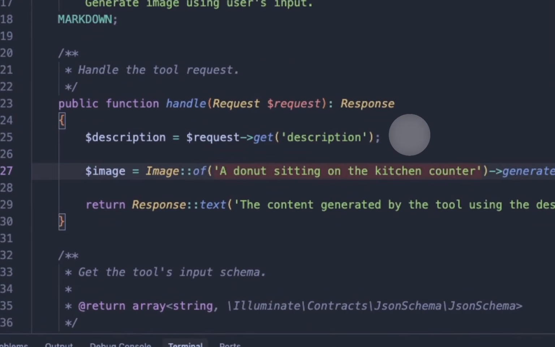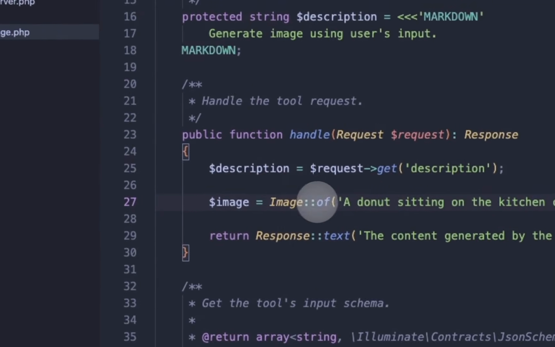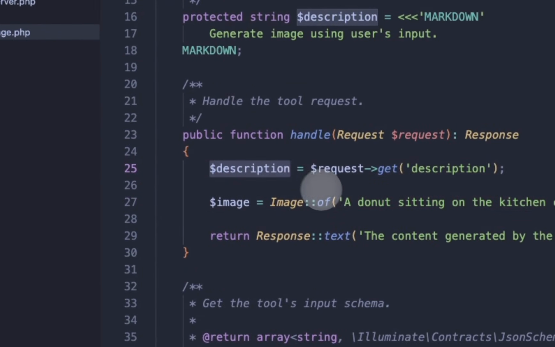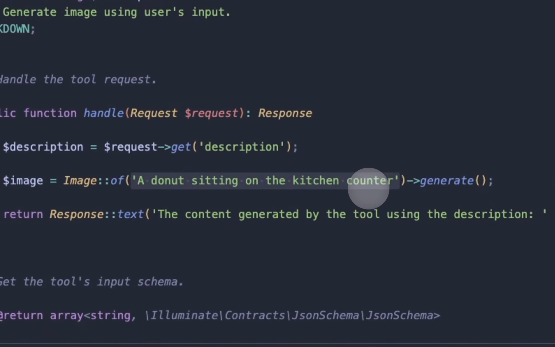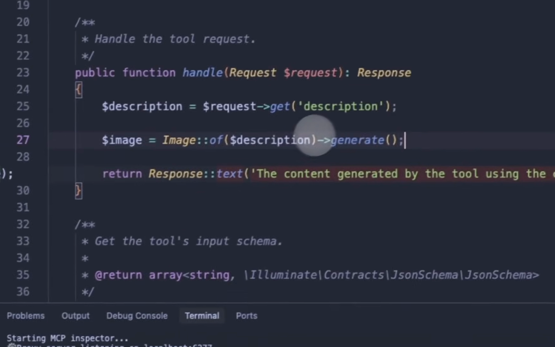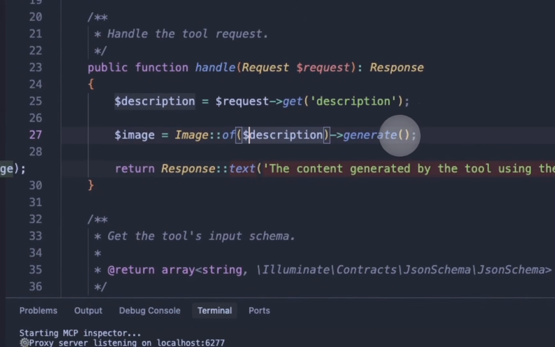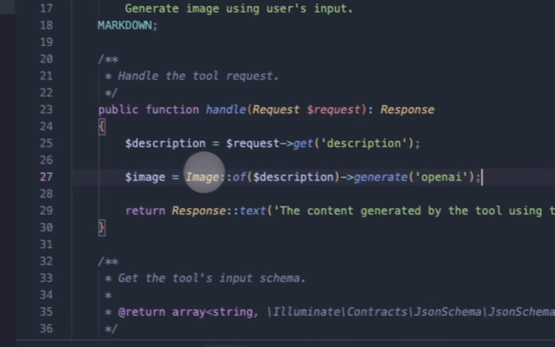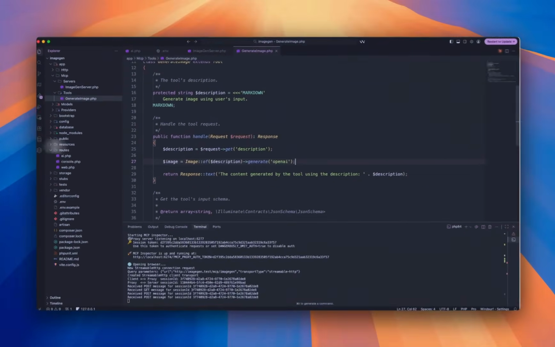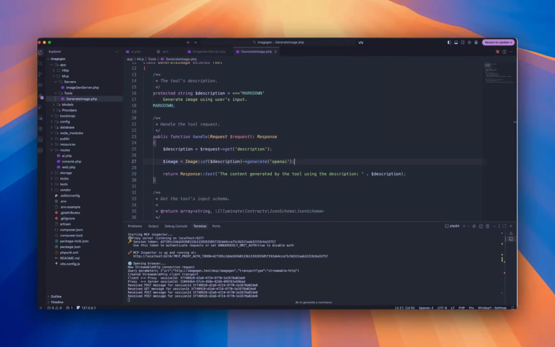So we're going to say image of, and then we want to pass our description into it, which we could just do directly, but I'm just doing this to keep things simple. But note, when we say generate, we're going to have to tell it that we want it to use OpenAI, right? Now, of course, this is going to do a process with AI, right? But we also now need to